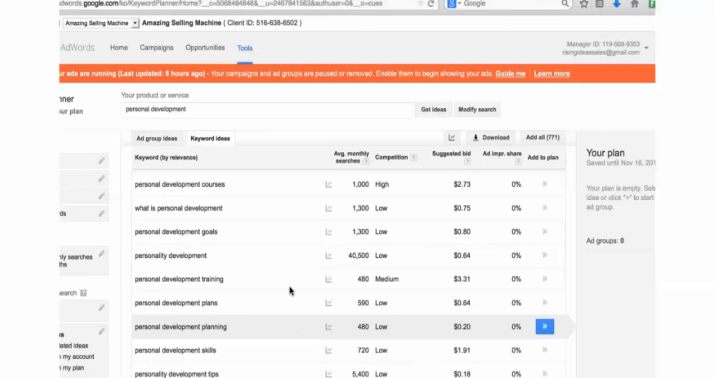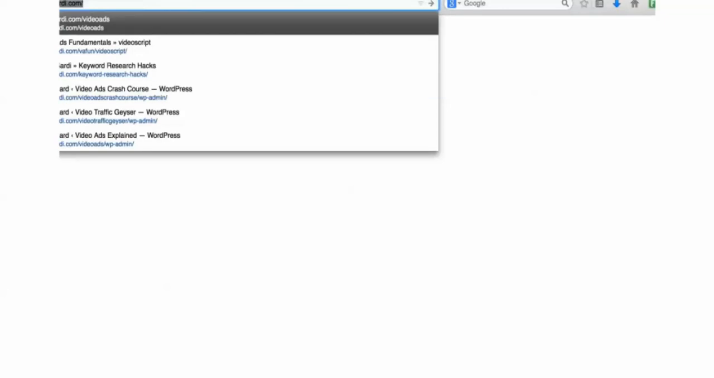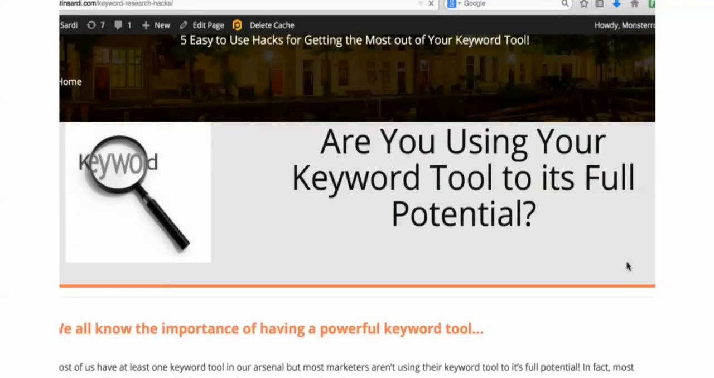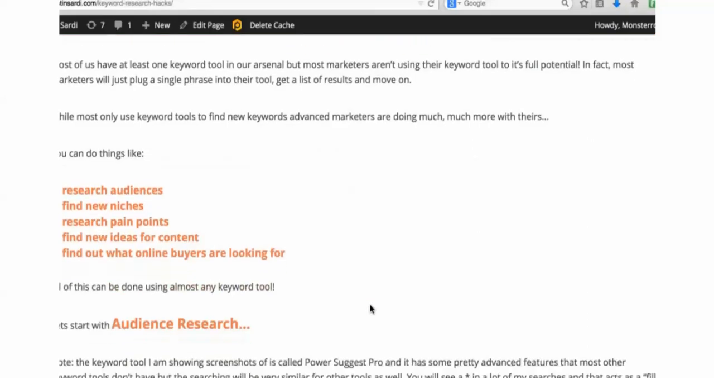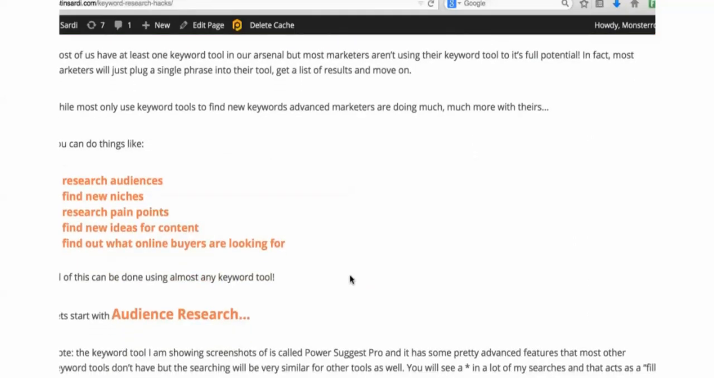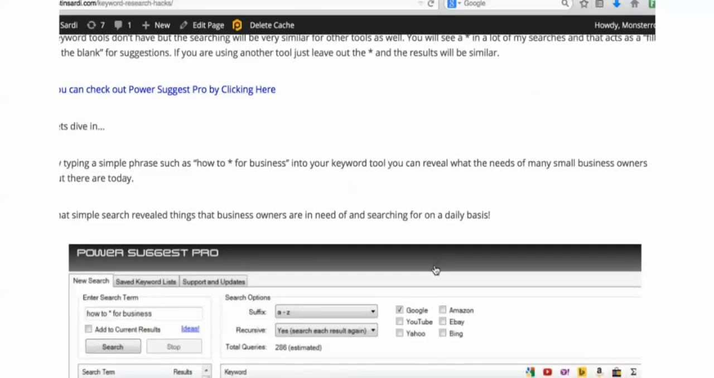One thing that I do want to point out real quick is I wrote a pretty cool blog post about different ways you can use a keyword research tool to research audiences, find new niches, research pain points, and find new ideas for content, as well as find what online buyers are looking for. I'll go ahead and post this in the mastermind group for everybody, because I don't want to spend a bunch of time going through this. But basically,